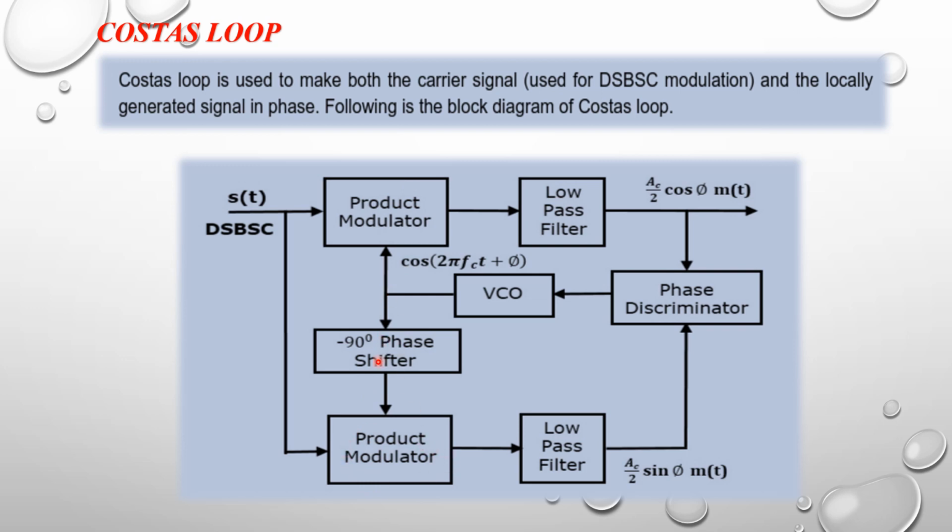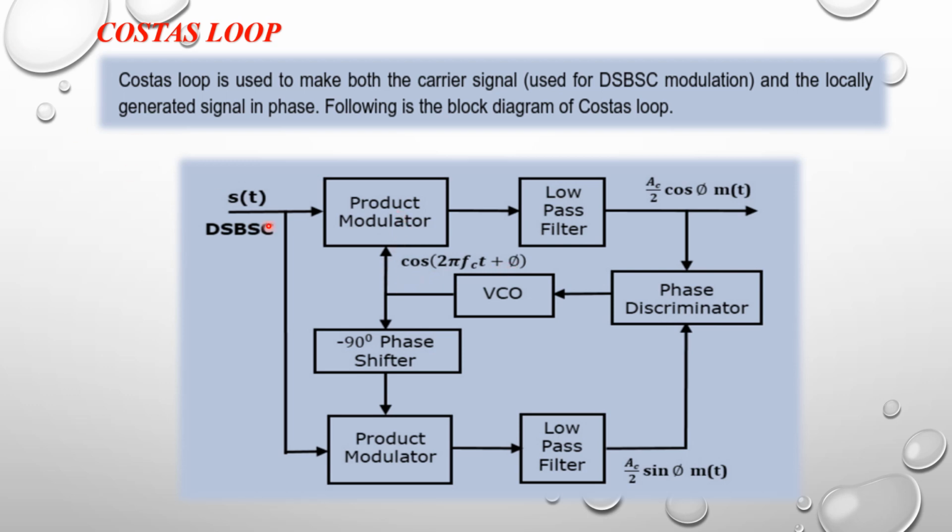They are separated by a minus 90-degree phase shifter, and the output of each product modulator is connected to a low pass filter, the upper low pass filter and the lower low pass filter. The output of the low pass filters is connected to a phase discriminator, and the output of the phase discriminator is connected to a voltage control oscillator, which generates the cos signal. The signal's mathematical representation is cos 2 pi Fc t plus psi, connected to the upper product modulator,